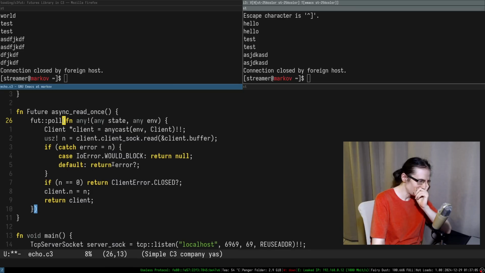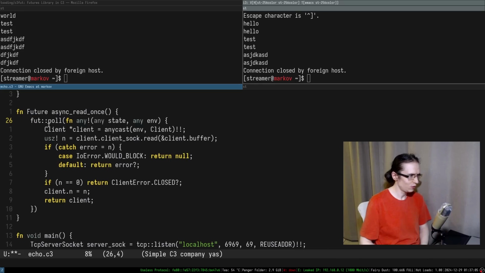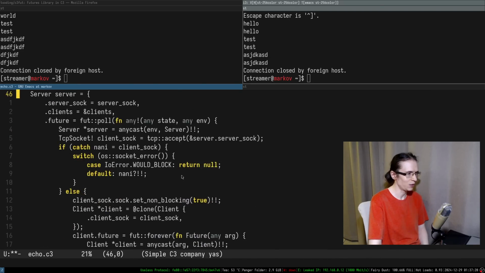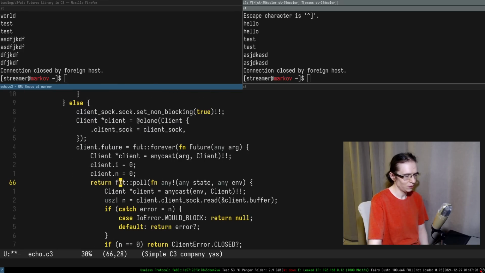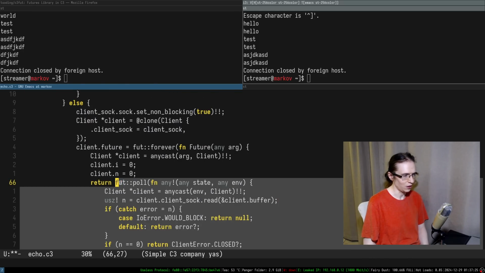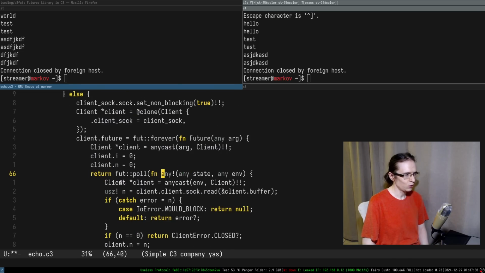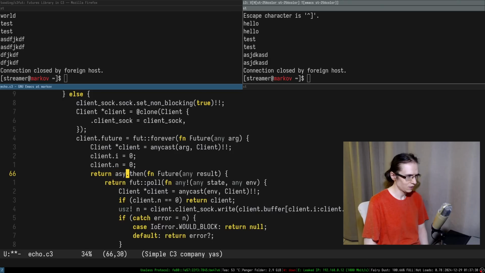It definitely should accept the thing it operates on, but I'm not 100% sure, right? Async read once. Maybe we're gonna call it client, because it expects the client in here, right? So it expects the client, right? And in here, instead of this kind of stuff, we can now, does it accept any arguments? No, it doesn't. We can now just call like async client